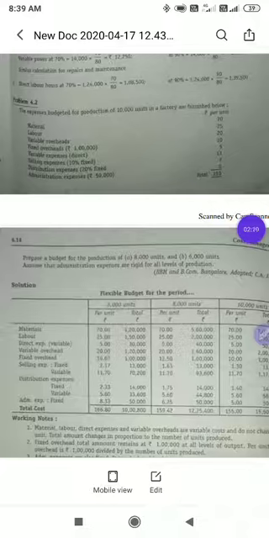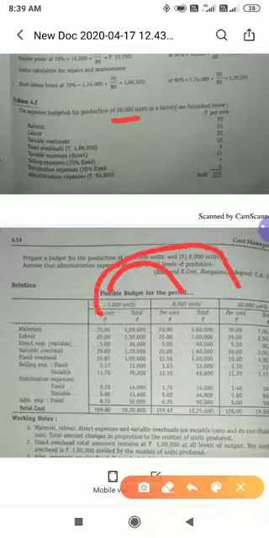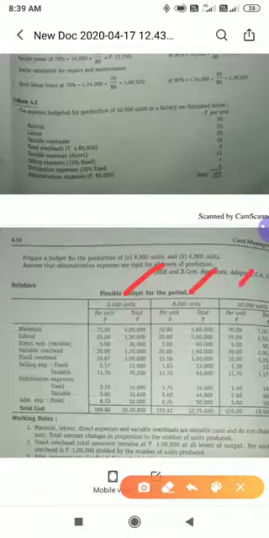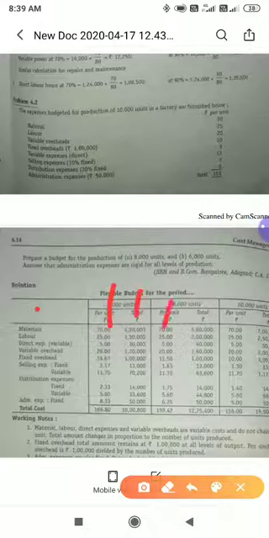Now we will go for solution. See, they have given details for how many units, 10,000. A simple calculation you have to do. Please remember, variable cost per unit will always remain same, but total variable cost will vary. Now you can interchange these two, you can write 10,000 here, however you want. Now we'll write as per order, 6,000, 8,000, 10,000. Please keep it in mind, already they have given details for 10,000 units. So you have to draw columns: particulars, per unit, total for 6,000, for 8,000 per unit total, for 10,000 per unit total.